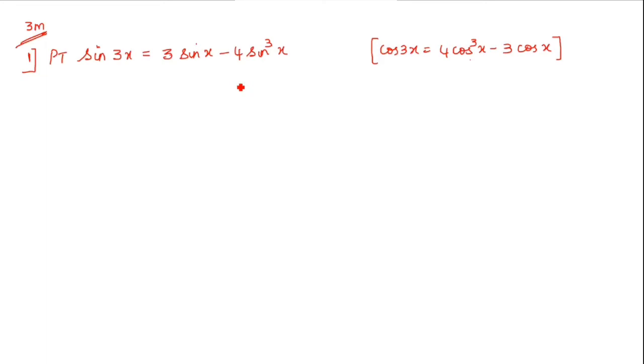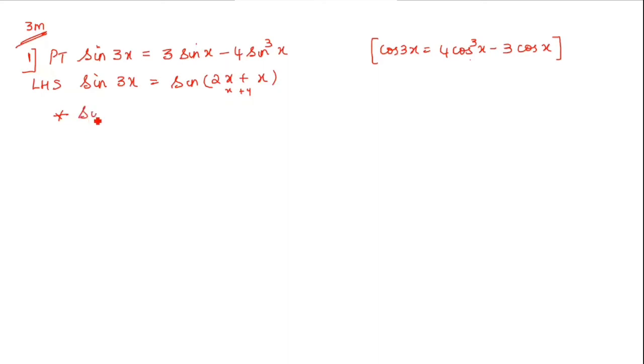Okay, so how to prove it now? How can I write 3? Can I write 3 as 2 plus 1? That should be my first step. Take LHS. Let us take one at a time. So LHS: sin 3x, I can write this as sine of 2 plus 1, so 2x plus x. Now this is nothing but the formula sine of x plus y. Whichever formula I get, I make a note of that formula by writing a star.